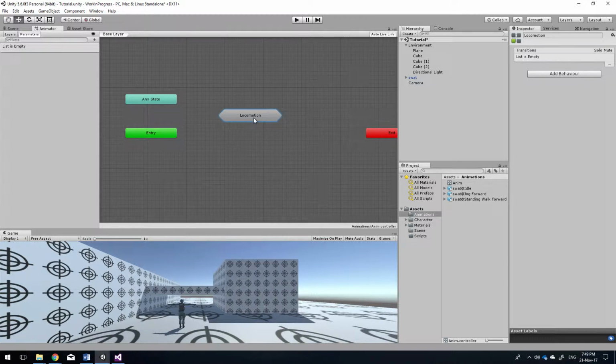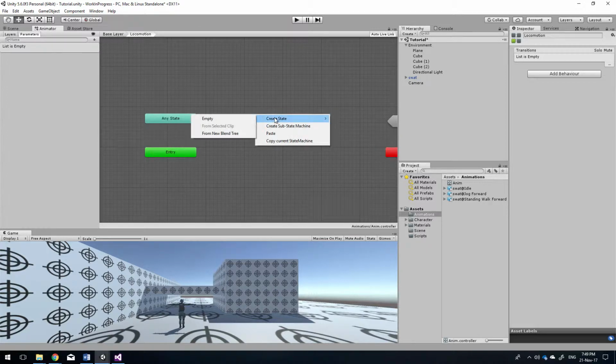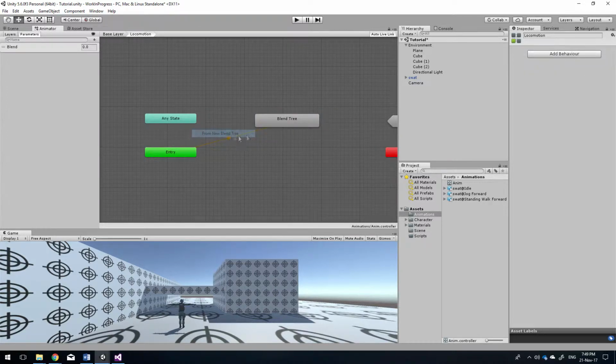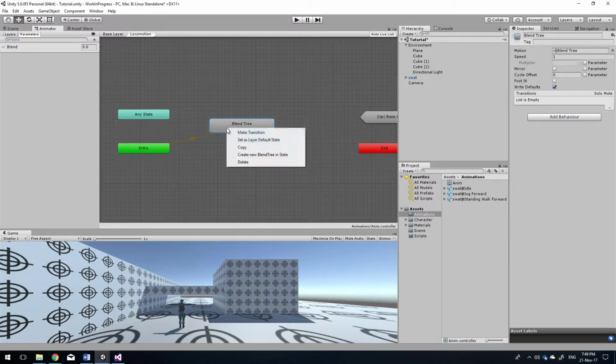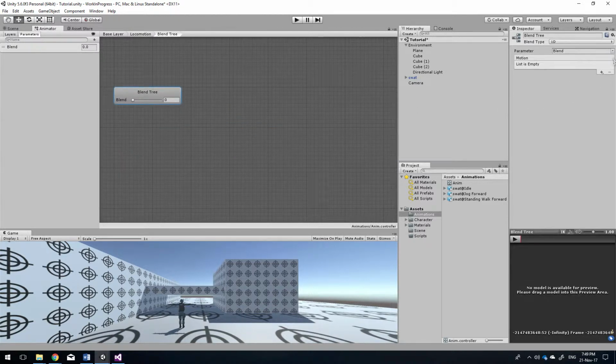That seems to be the standard for any movement. If we were going to add any more, because it's a state machine, we'd add them here. So any sort of jumping or attacking would come off this, so it could only be in one at a time. For the moment though, we're just going to sit in locomotion, and we're just going to have those 3 animations. So we're just going to set a blend tree. That blend tree is going to be our default state, so it's going to come straight to the blend tree,